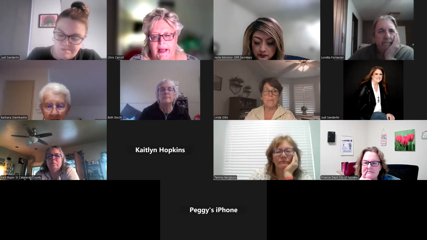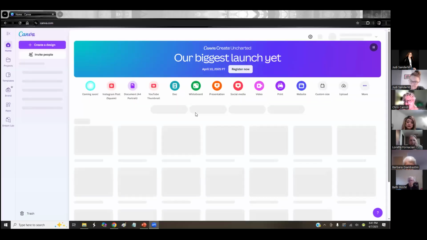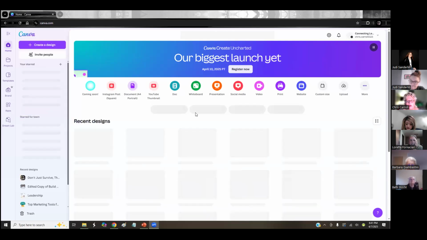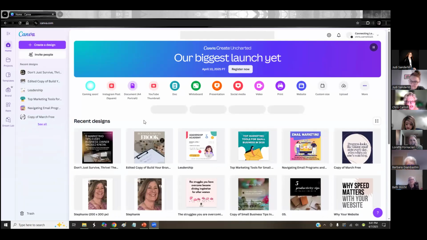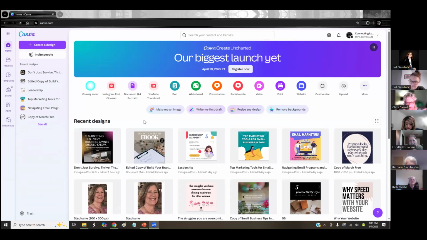So mine is, like I said, a paid account. So it's going to look a little bit different than what you see on a free version. And this is my personal account, so if you see weird things in there, sorry. But I do stuff for other people, myself included. So basically when you log in, when you create your free account,